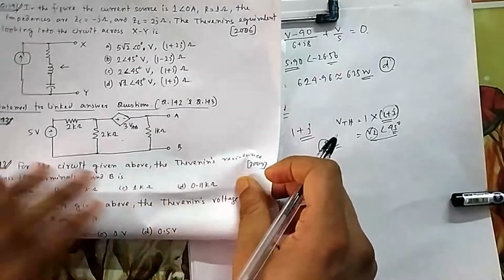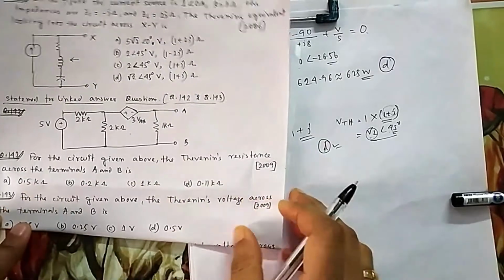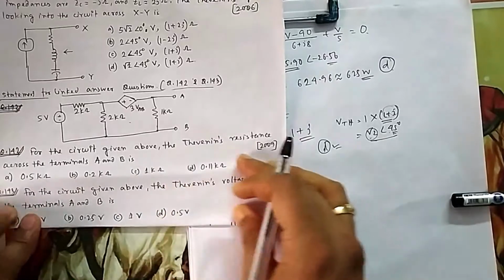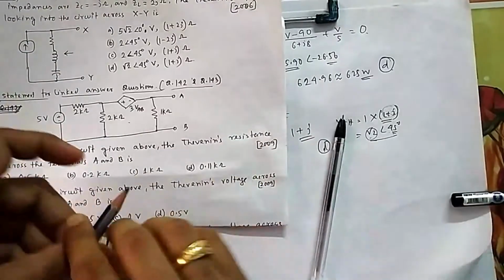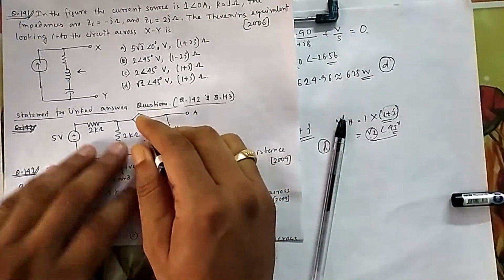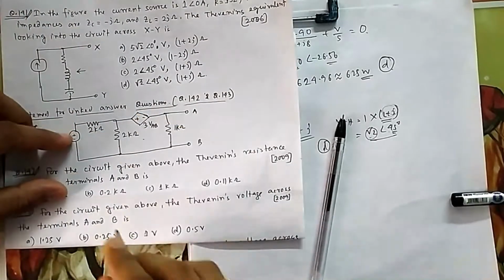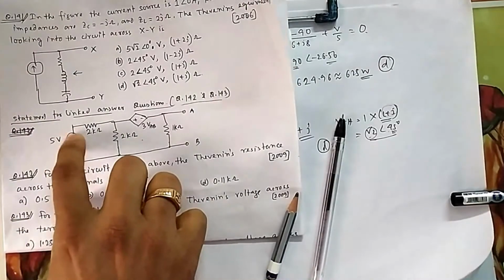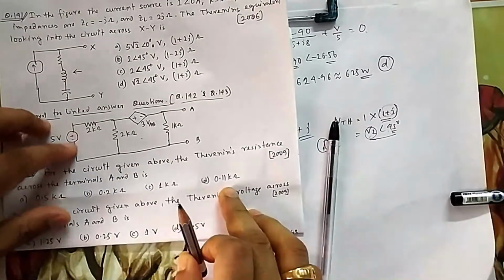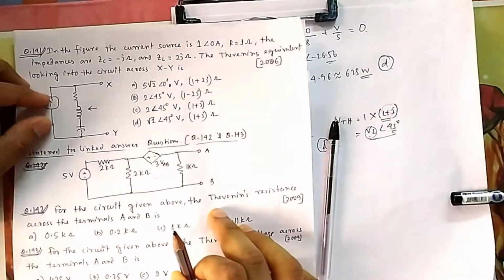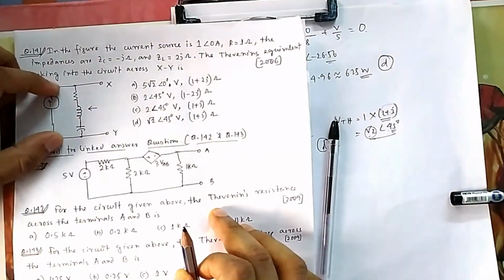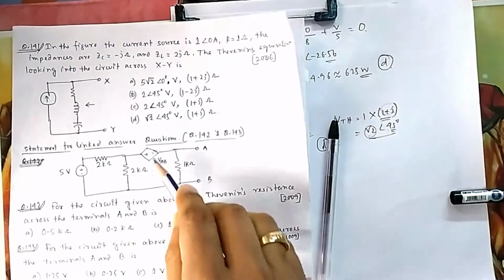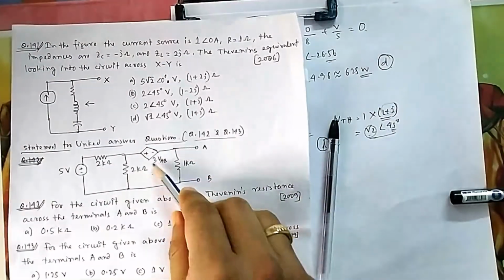142 is a linked question for 142 and 143. In the circuit shown below, find the Thevenin's resistance across this. Now, to find Thevenin's resistance in these dependent source type questions, you cannot kill the dependent source. You can kill an independent voltage source because you know the internal resistance of an ideal voltage source is 0, so it should be replaced by its internal resistance, that is 0. And the same current source is replaced by infinite resistance, parallel connected, so it is open. But here the internal resistance you don't know because it depends on another one.